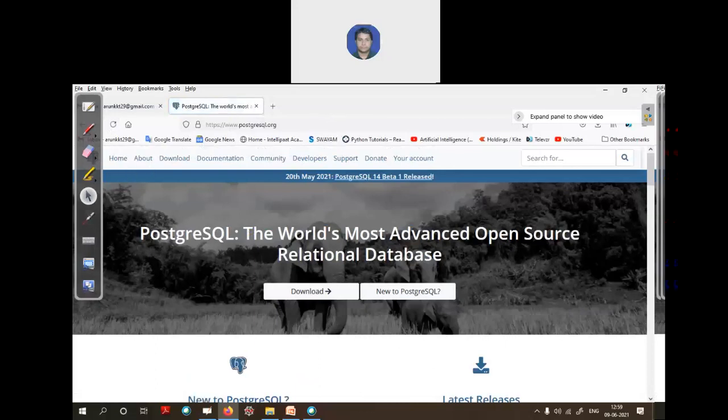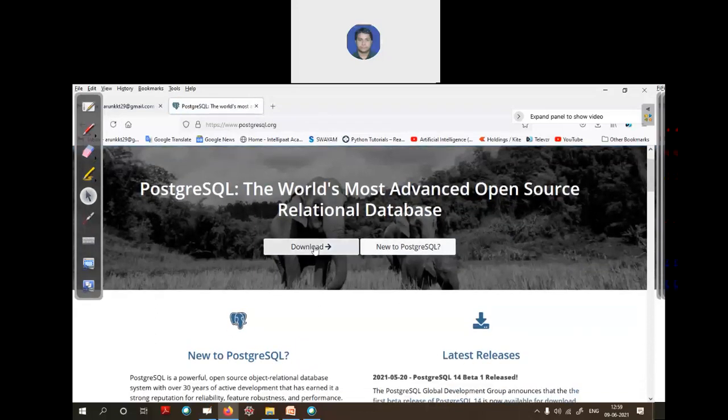Here you will find everything about PostgreSQL. First, download PostgreSQL on your computer system, because we will see the practical implementation of all these queries. Download the latest version on your computer system.